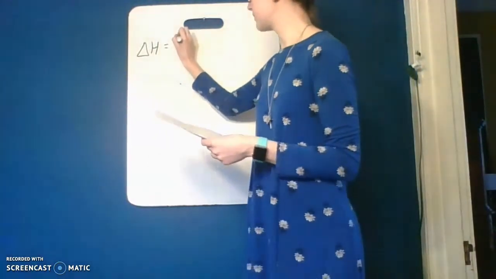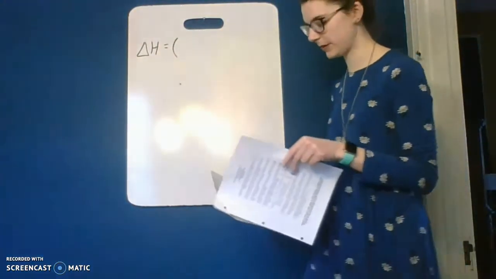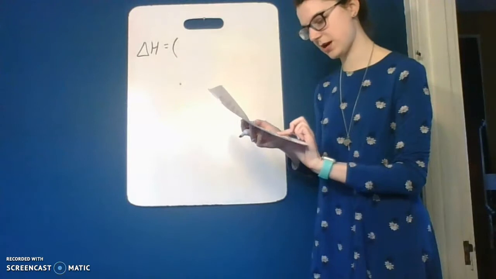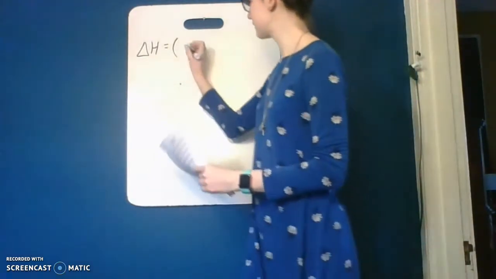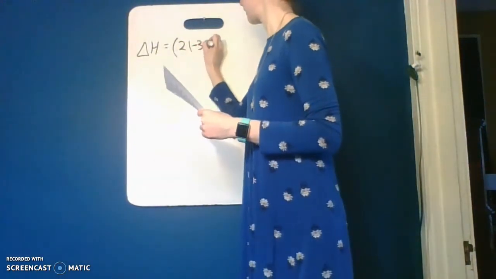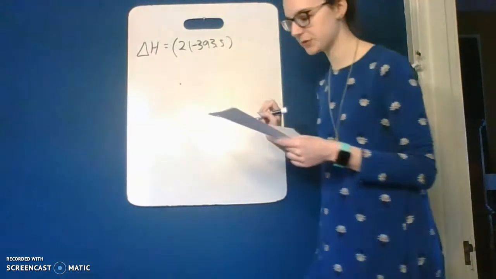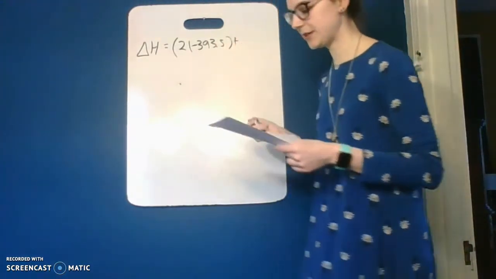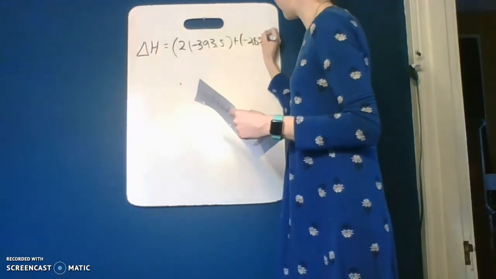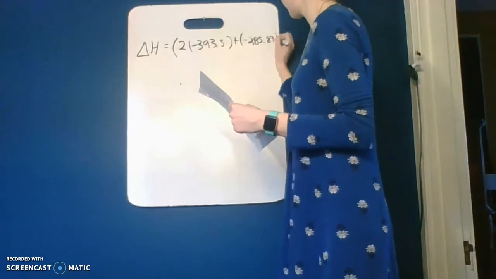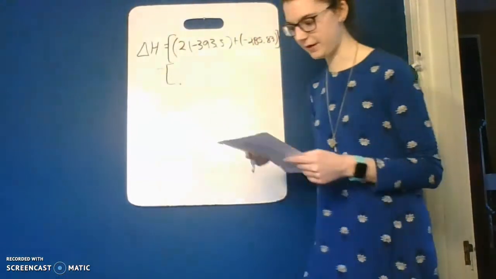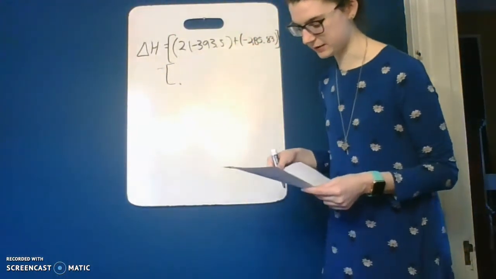And I'm going to set that equal to the sum of the heat of formation of our products, which based on stoichiometric coefficients, we have 2 times the heat of formation of CO2, which is negative 393.5 kilojoules per mole, plus 1 times the heat of formation for water, which is negative 285.83 kilojoules per mole. And from that, I am subtracting the heat of formation of our reactants, which is going to be